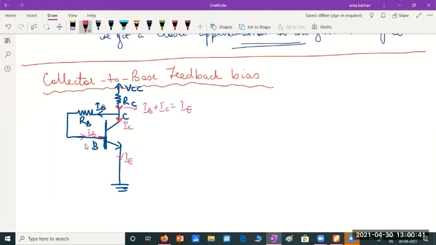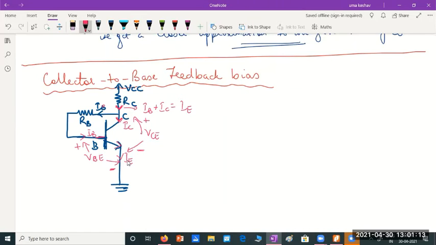Yes or no? And as usual, we should have this base emitter junction forward biased. So I should have a voltage VBE across this in this direction. Please see, we are talking about NPN transistors only more commonly. Whenever the arrow is pointing outwards, it's an NPN transistor. And I have this collector emitter voltage drop VCE with the positive at the collector and negative at the emitter.